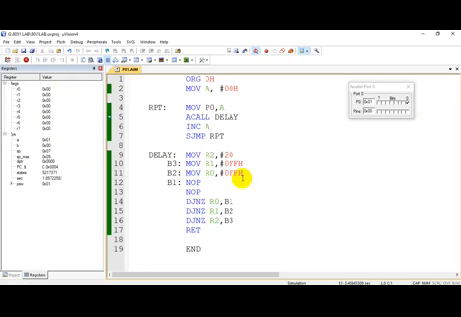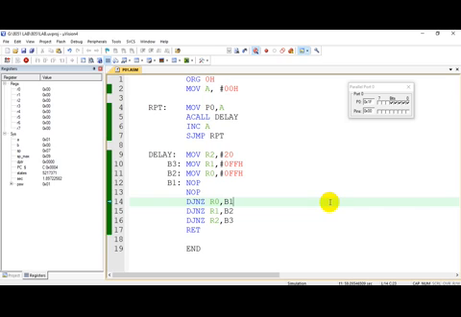When I say run, can you see the counts 4, 5, 6, 7, 8, 9, A, B, C, D, E, F, and after this 10, 11. This will continue until FF because this is a two-digit hexadecimal up count.